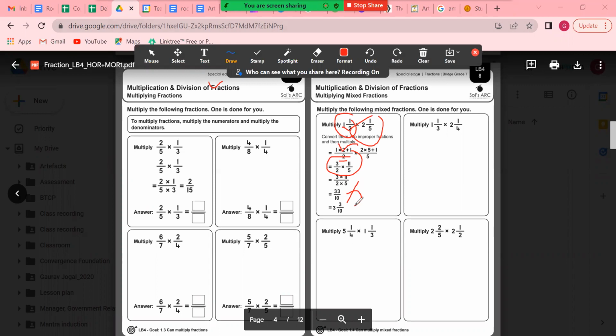So if you have not done the worksheets from last time, first do that, first see those videos and then come here, because otherwise you won't understand what is going on, because all the worksheets are linked to the previous one. If you have done that, then this will be a little easier for you to understand. If I go down,